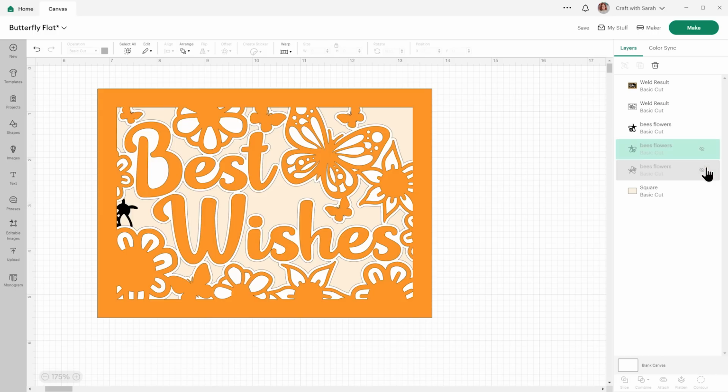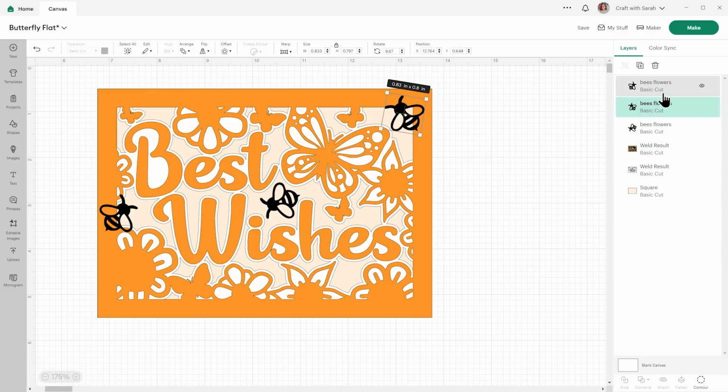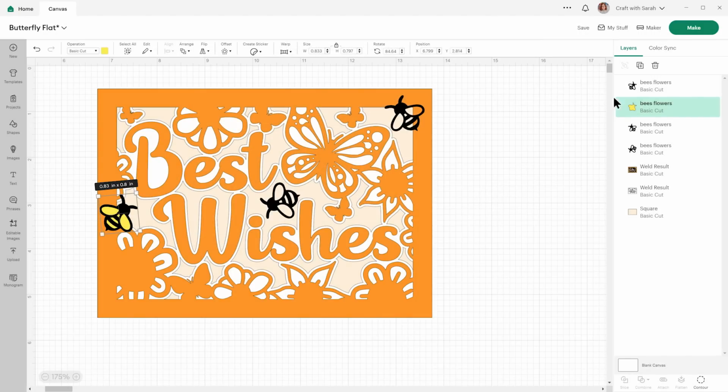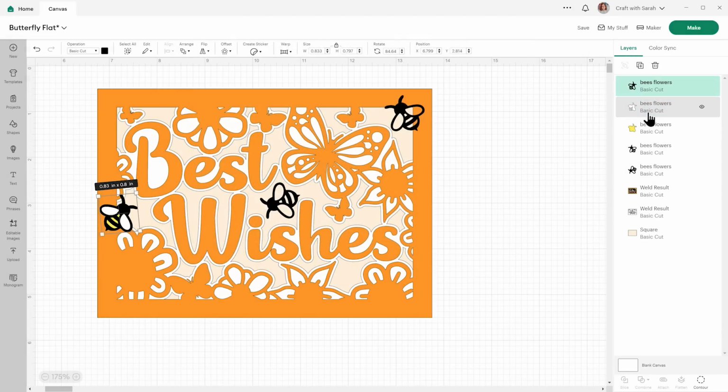I'm just going to do these bumblebees. So I'll drag them below. I want to colour these in. So I'll duplicate one of them in place. This will be my very bottom one, which I'll do as yellow. I'll change it to a yellow colour. And then contour. Hide all contours, and that will fill everything in. Then for the wings, I'll duplicate it in place again, and then make this one white. And this time, I'll just contour those wings. And then we have the cutest little bumblebee down here.